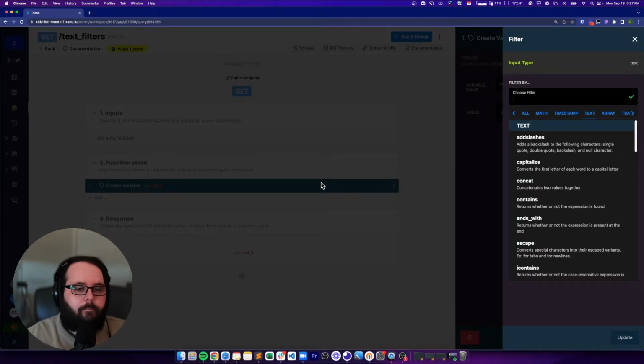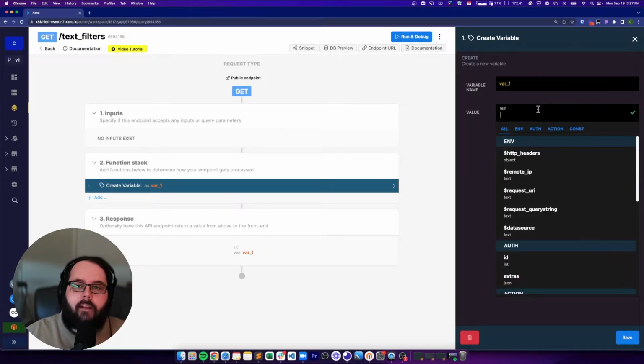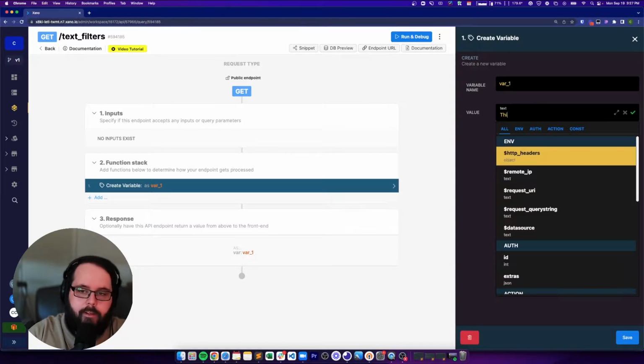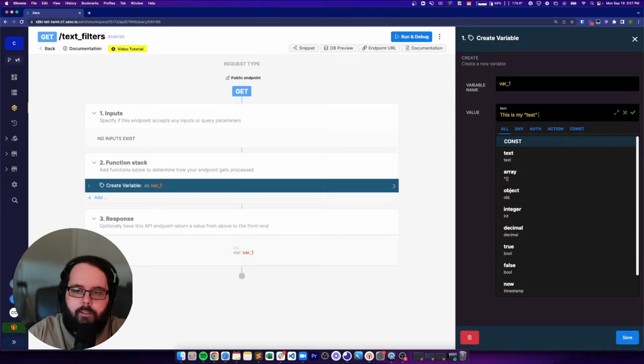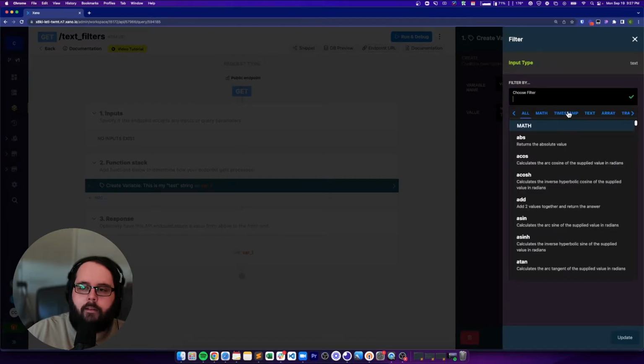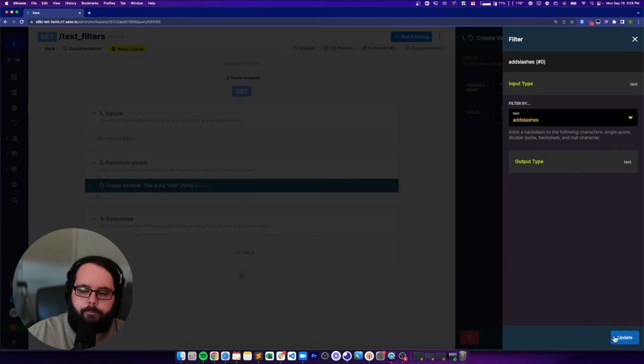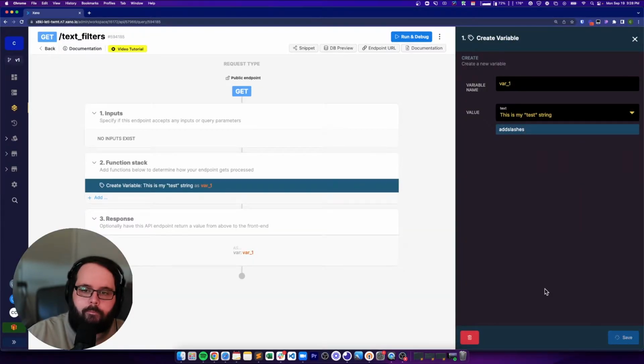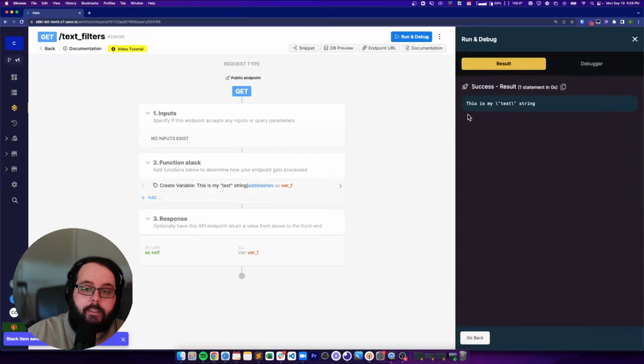So let me show you. Let's add a text string to this variable. I'm going to say, this is my test string. We're going to apply the add slashes filter, and let's run this. And you can see now we have backslashes. So these characters are properly escaped,